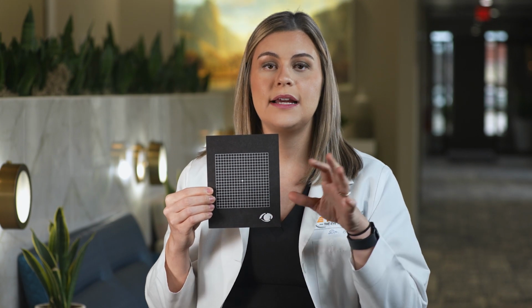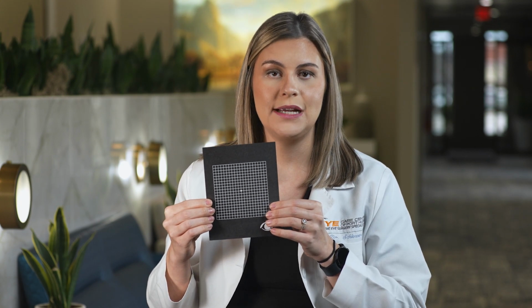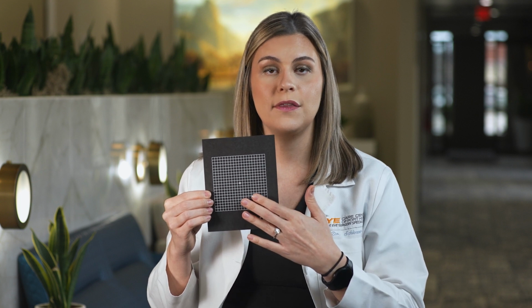ask yourself some questions. Can you see all four corners of the grid? Are any of the lines wavy or distorted, and are any of the boxes missing? The first time you do this, you might have some of that distortion, and that's normal. Just use that as your baseline, and then each time you check, if you notice any big changes from what the grid typically looks like, that would be a trigger to call right away to be seen within the next